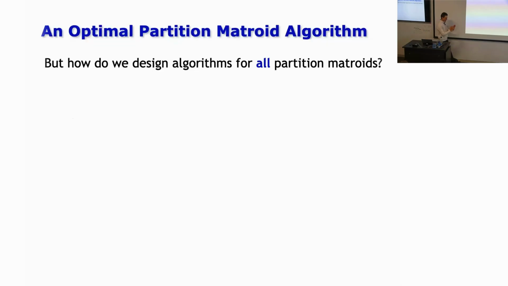Okay, but I promised you an optimal algorithm for all partition matroids, right? So far, all we've seen is that you can solve this very basic instance of square root n parts of size square root n and so on. But how do we design algorithms that work on all partition matroids? And so for this,